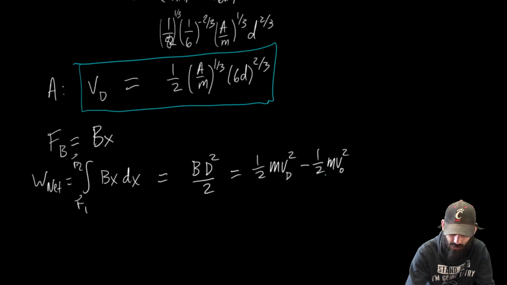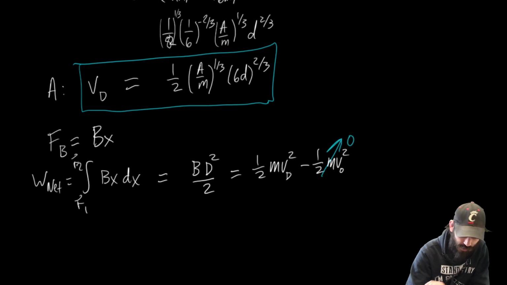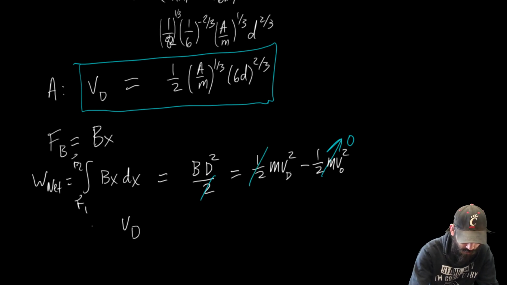And we're saying that this is going to be 0. And so at the end of the day, we can cancel our halves. We end up seeing that v_d for B is going to be equal to the square root of B divided by m,